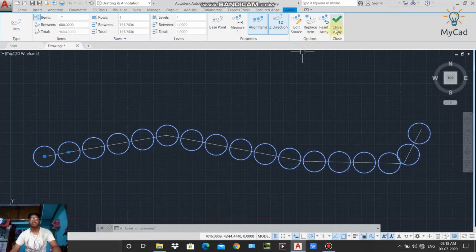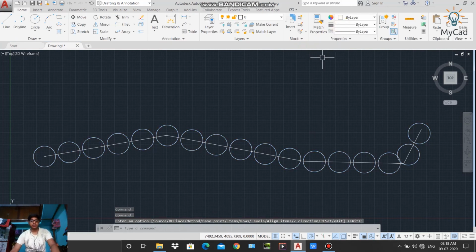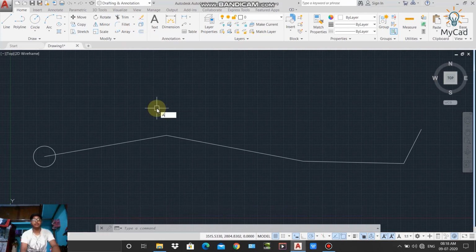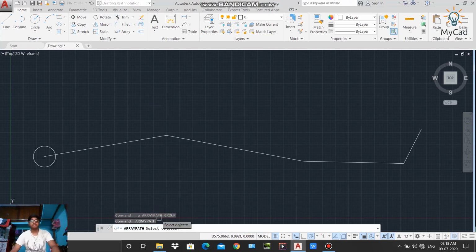Now I will close the array command and just undo what I have done, and now we will activate the path array command again. To activate it this time I will type ARRAY PATH in the command line and then press enter. In the command line you can see our path array command is activated.